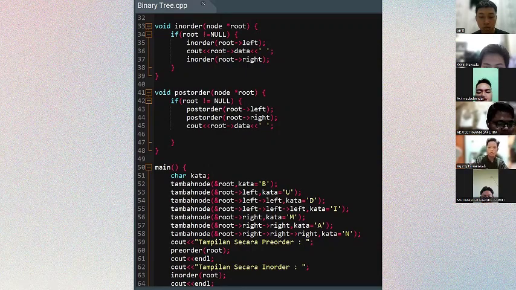And postorder uses the same search data, then continues with the postorder command, namely left side, right side, root, with different commands for each, whose function is also to display different output later.